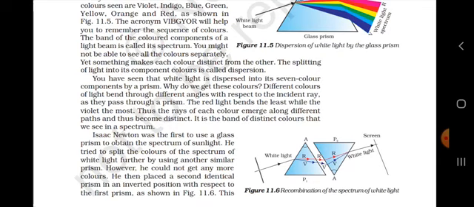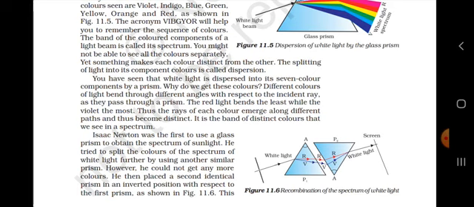He thought, if one prism can make 7 colors, that is violet, indigo, blue, green, yellow, orange and red, can I keep more prisms side by side? If we keep more prisms side by side, can I get more colors, say 14 colors or 21 colors? So he tried keeping more prisms side by side and passed the white light through them. But in that he had a failure.